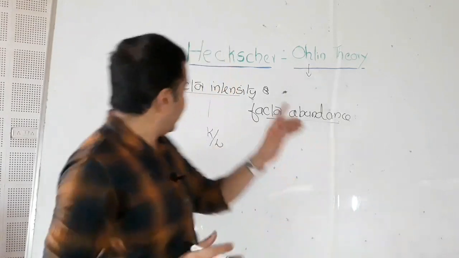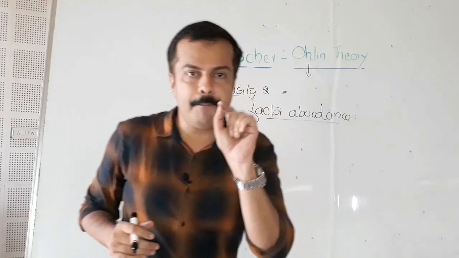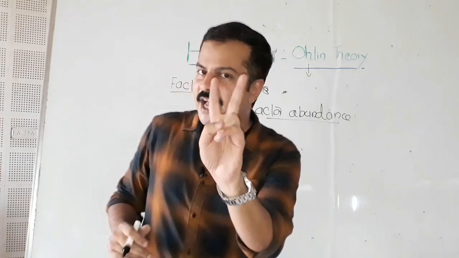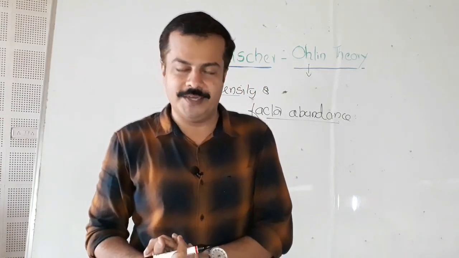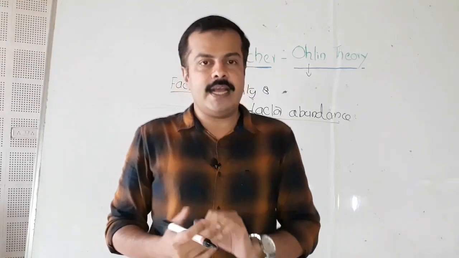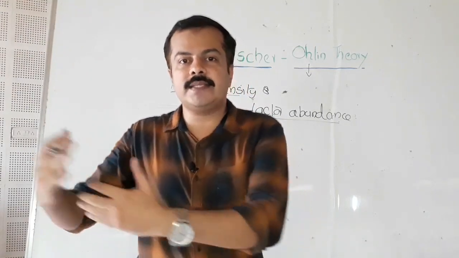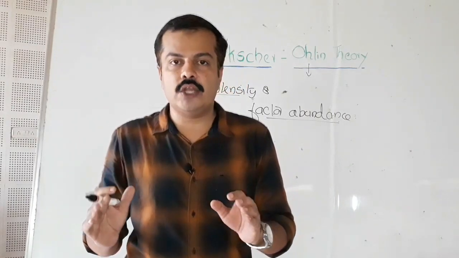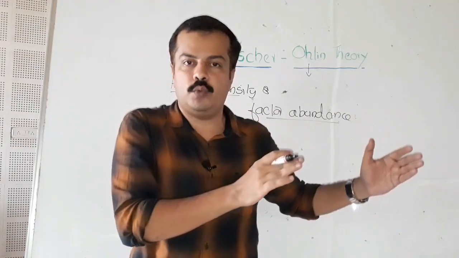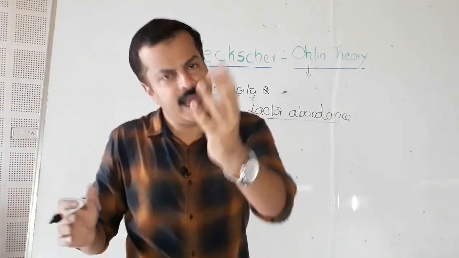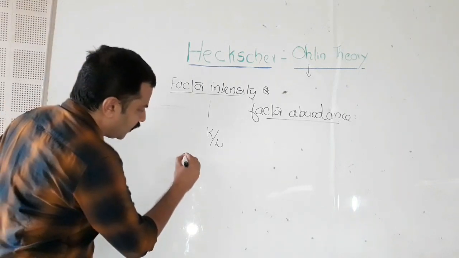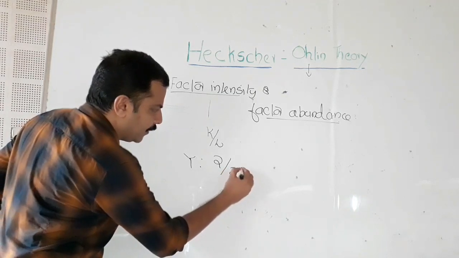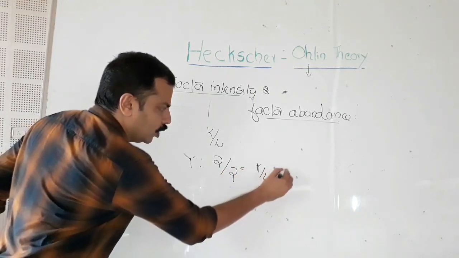A commodity will be capital intensive if capital labor ratio of that commodity is higher compared to that of the other commodity. And we have a two commodity model as far as Heckscher-Ohlin theory is concerned. So it is assumed that Y is capital intensive, commodity X is labor intensive. That means that capital labor ratio required for the production of commodity Y is higher than that of commodity X. And for example, let us say that if for the production of commodity Y, 2 units of capital is employed with 2 units of labor, capital labor ratio will be equal to 1.